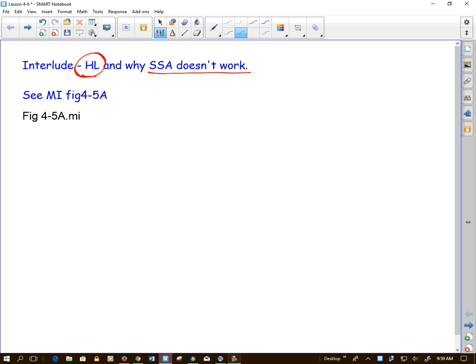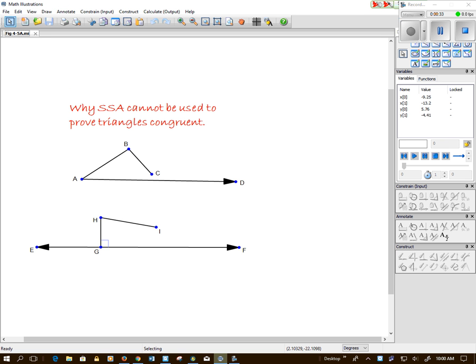And so we're going to pull up a little diagram here. We see here that angle A in this top diagram is held constant, and sides AB and BC are also held constant, so they have to stay the same length. If we take C and swing it down here so that it's on ray AD, we have